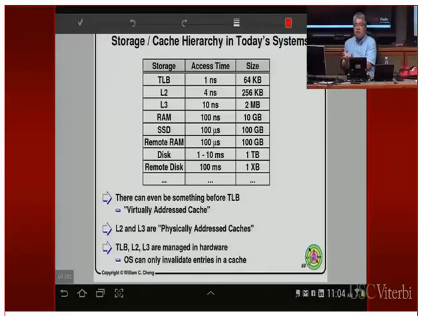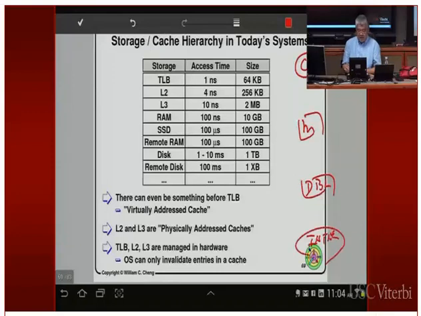Is this also a cache? I mean, these days when you have cloud computing and stuff like that, well, then your local disk is kind of like a cache for your storage in the cloud. All right, so therefore you basically have a cache hierarchy. Your CPU is right here. Here is your main memory, and here is your disk. And here is the internet. Okay, and then this is the hierarchy.